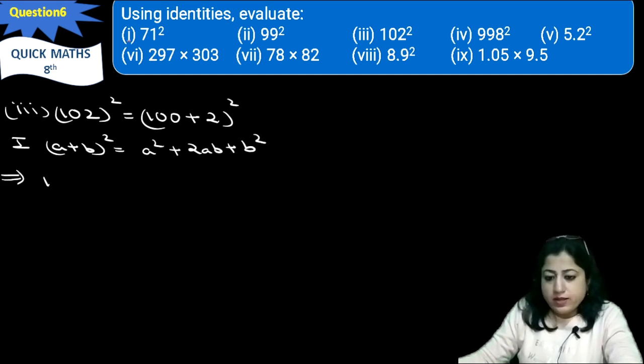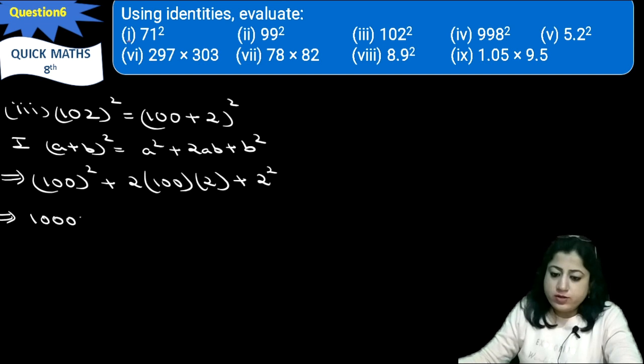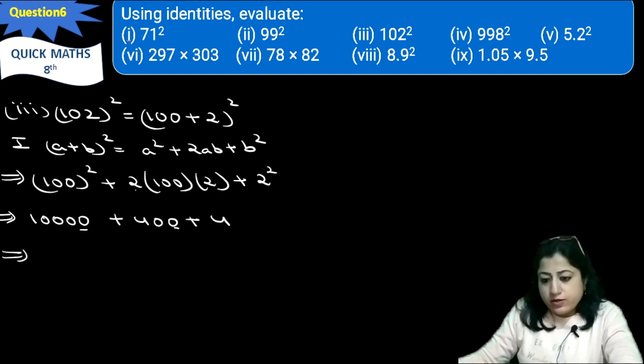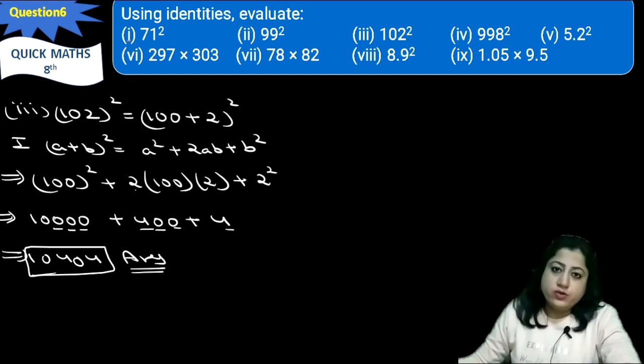So it can be written as a is 100, so 100 square, plus 2ab, a is 100, b is 2, plus b square, b square means 2 square. So it will be 4 times 0 because double 0 occurs and square of it is 4 zeros. Now 2 into 2 into 100, that is 400, and 2 square is 4. If we add them, then 0, 0, 4, that is equal to 4, 0, 0, 0. Now 0 and 4, that is 4, and then 1, 0. It is 10404, the required answer. It is the square of 102.